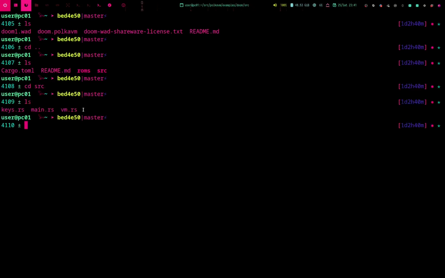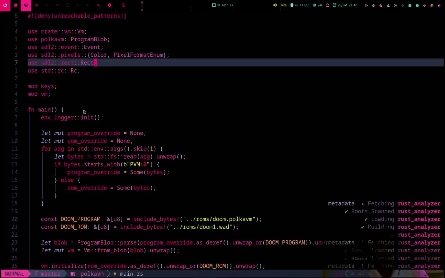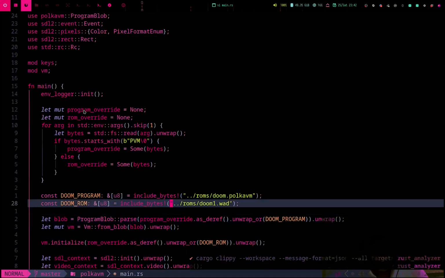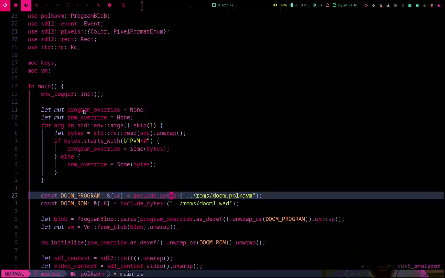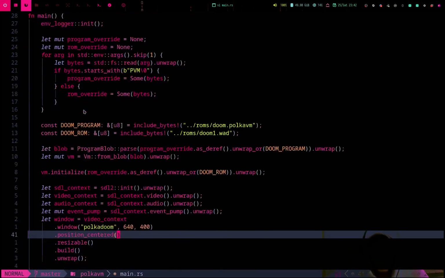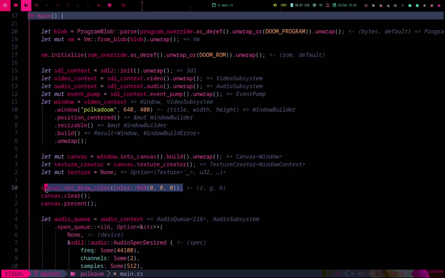And then we have the host functions. The host functions basically decide the functionality on the host side. So we're gonna make the screen appear and the audio play on the computer here for the Doom. So basically it's getting the program and the ROM, and it's setting the background in black,